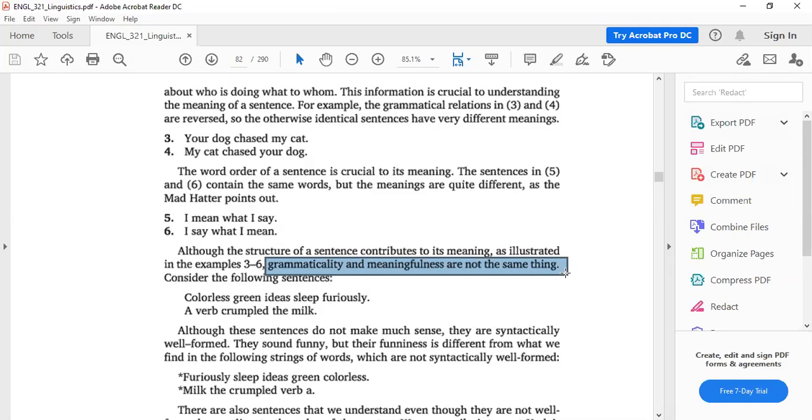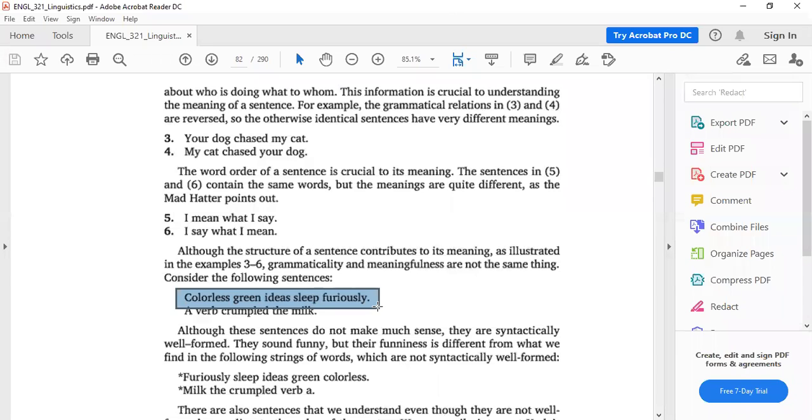Yes, exactly. Have a look at these two sentences. Chomsky used the first sentence, colorless green ideas sleep furiously. So syntactically speaking, this sentence is grammatical. Yes, this sentence is well formed. But according to semantics, it is a wrong sentence. Yes, and remember that we have an interface between syntax and semantics.